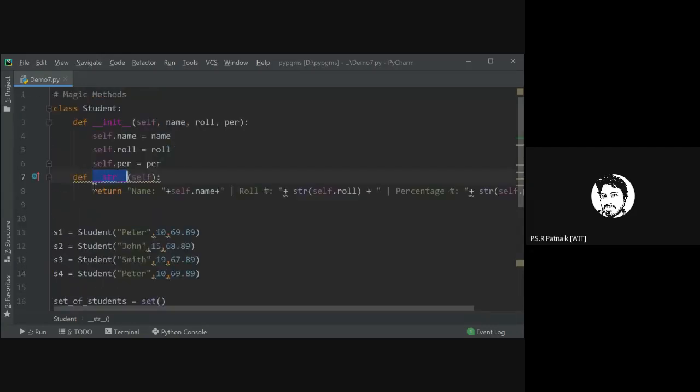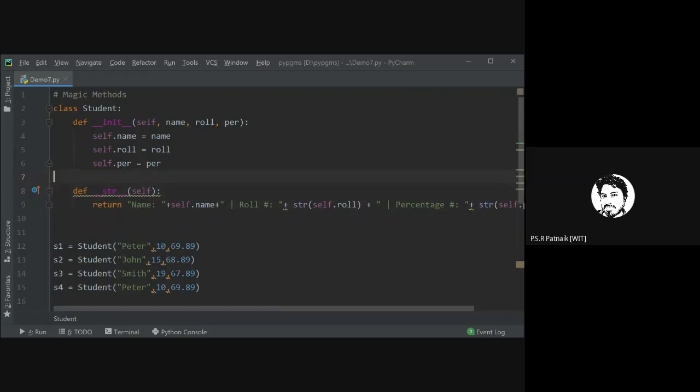So if you override that, you are overriding that. Remember, when I redefine this, I'm not defining a new method, but overriding the previously defined str method. And we have many such methods, and out of those, there is a set of methods which we call magic methods, and we can override them for various purposes. So str will control how the object is represented in string format. This method is exactly similar to the toString method in Java. I hope you have used toString method in Java. Have you used toString?